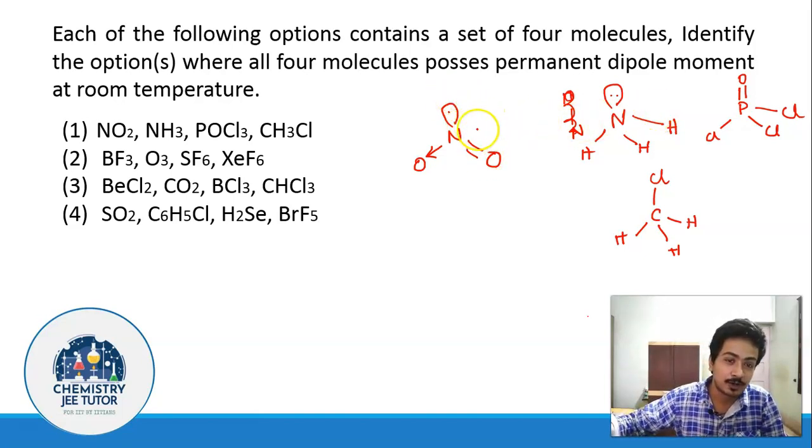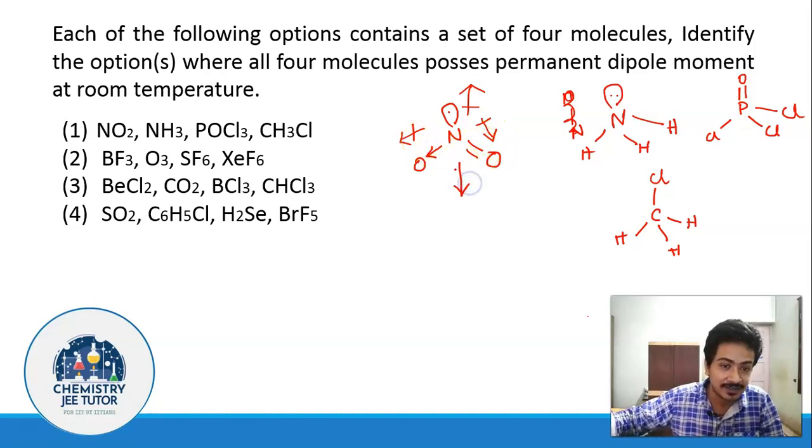So what is it? Oxygen is more electronegative. It has to have a dipole moment in this direction. This has to have a dipole moment in this direction, and this has to have a dipole moment in this direction, and none of them is going to cancel each other because the magnitude of dipole moment, because of this lone electron present over nitrogen, is going to act in this direction. And if we are going to consider these two, even if the resultant is in this direction, the magnitude is never going to be the same.